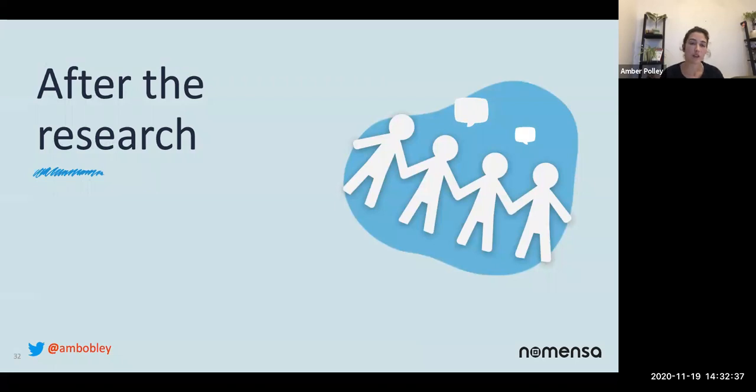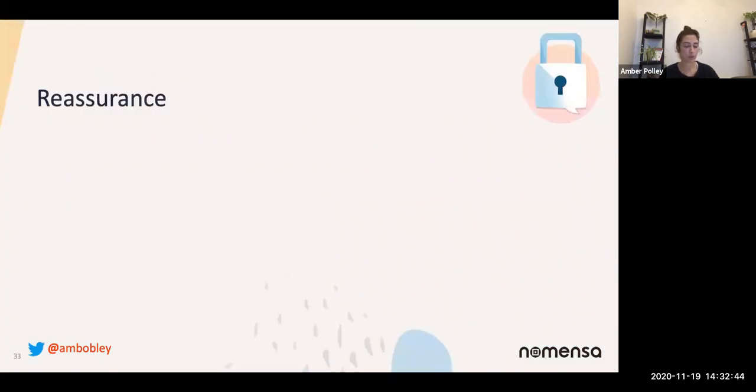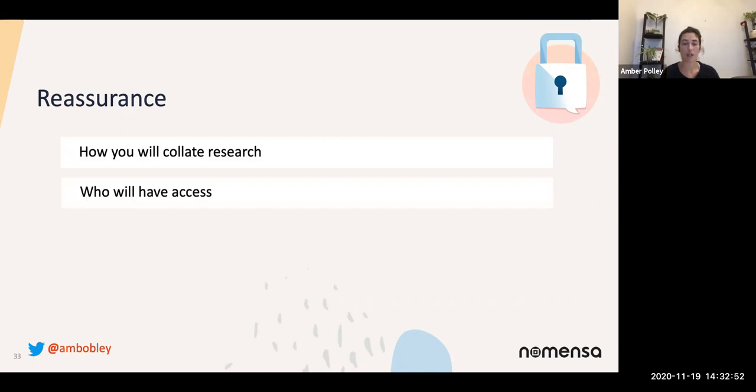So what can we consider after the research to make sure we're ongoing, protecting ourselves and the participant? This might be appropriate immediately after the session or via email or phone afterwards as well. But you need to reassure the participants how you're going to collect the research and who's going to have access to the findings and their data. They might come into this session with a bit of worry or scared about where their data is going to go or who's going to have access, because they might be someone who's dependent on someone else and they're scared that that person's going to find out that they've been talking about it.